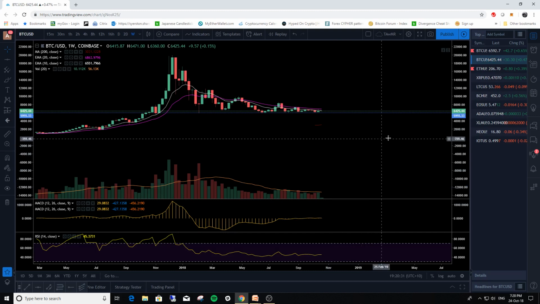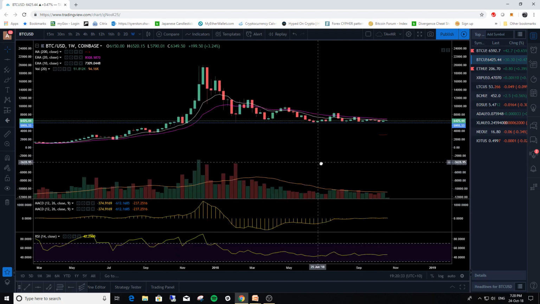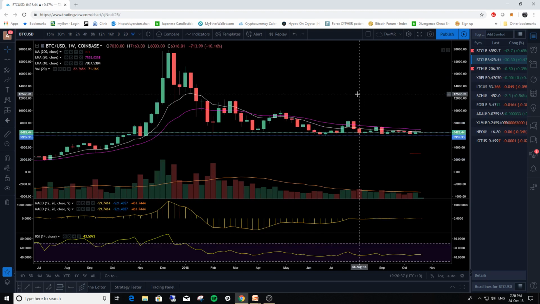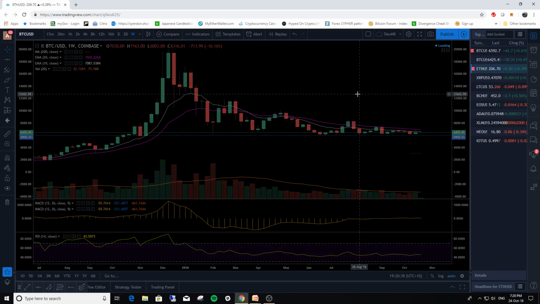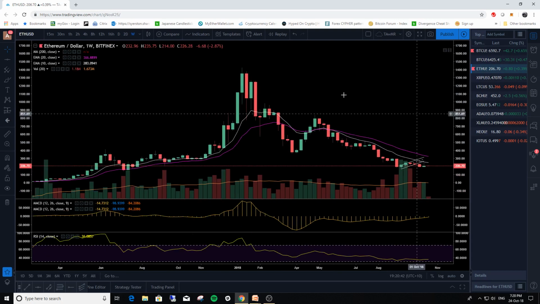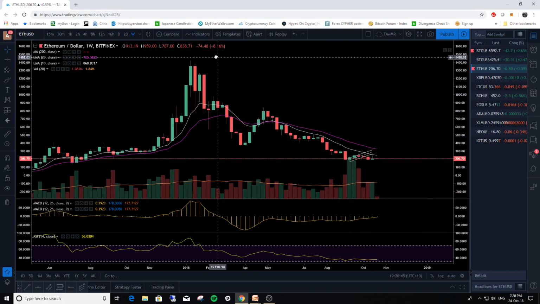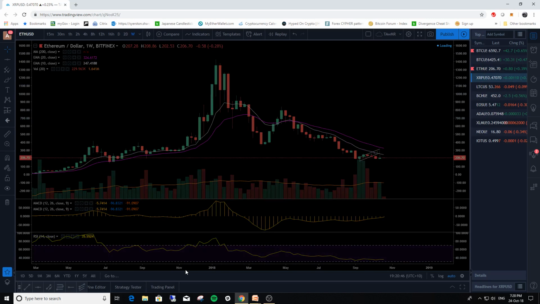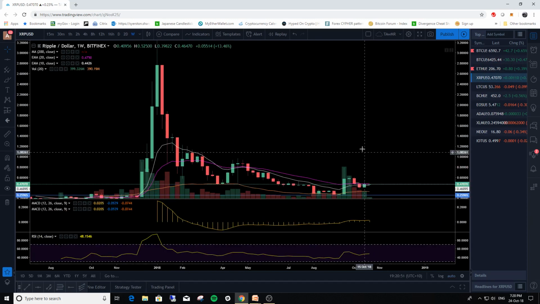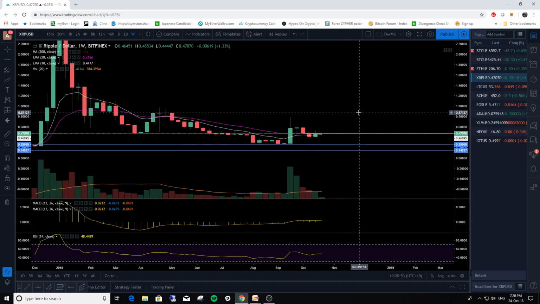Okay, so let's go through the top 10 and have a look at what we see. We've got Bitcoin there, which we've explained quite well, and you'll probably see that the remainder of the top 10, because they drive the market, they have the bulk of the market cap, are looking very much the same. You're looking for anything unusual or anything different, and you can see that Ripple, for example,